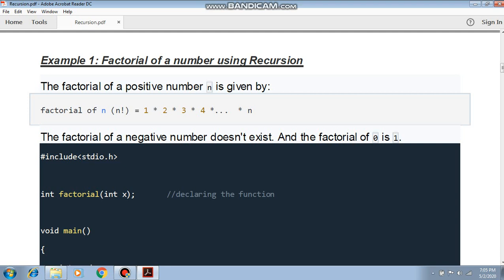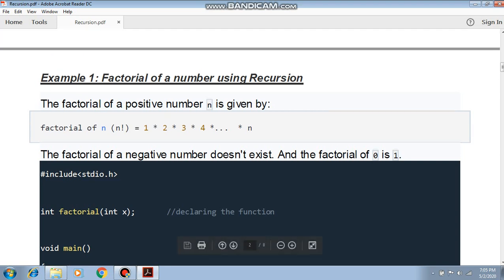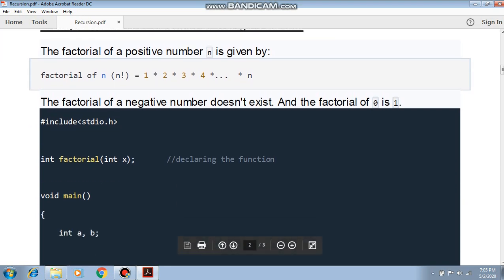Why don't we multiply with 0? Because we already know that when we multiply 0 with any value, we get the value 0. That's why we are not taking the value of 0. We ultimately take the minimal value, and the minimal value is 1. Means if we find the factorial of 1, it will return the value 1. Okay. Now here is the example of how we calculate the factorial.